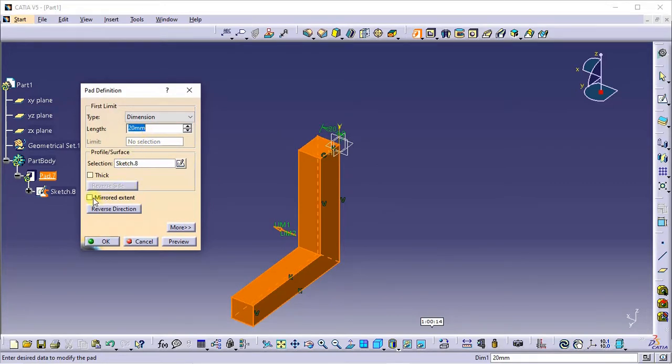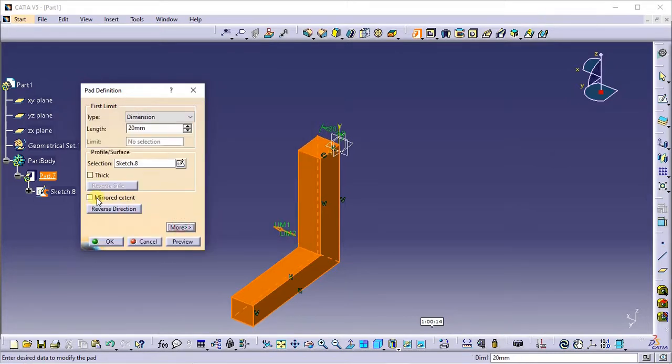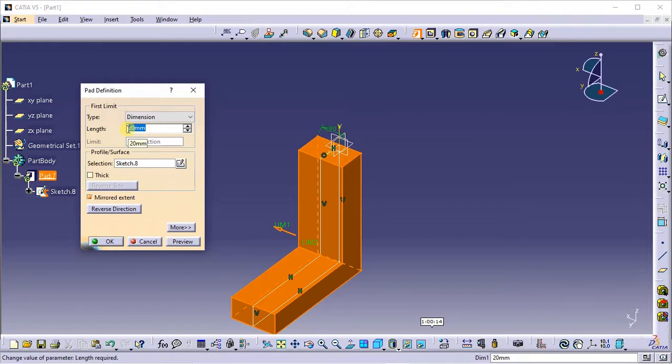I select mirror extent. You use mirror extent when you want the pads to happen on both sides of the sketch. So we select mirror extent here, and as you can see, the sketch is in the middle right here, and the pads happen on both sides of the sketch. Okay, now you can also do that with the second limit option, but that's much slower than using the mirror extent. So whatever we apply on one side, the length on one side is always reflected on the length on the other side. So I'll use a 30mm length here, and